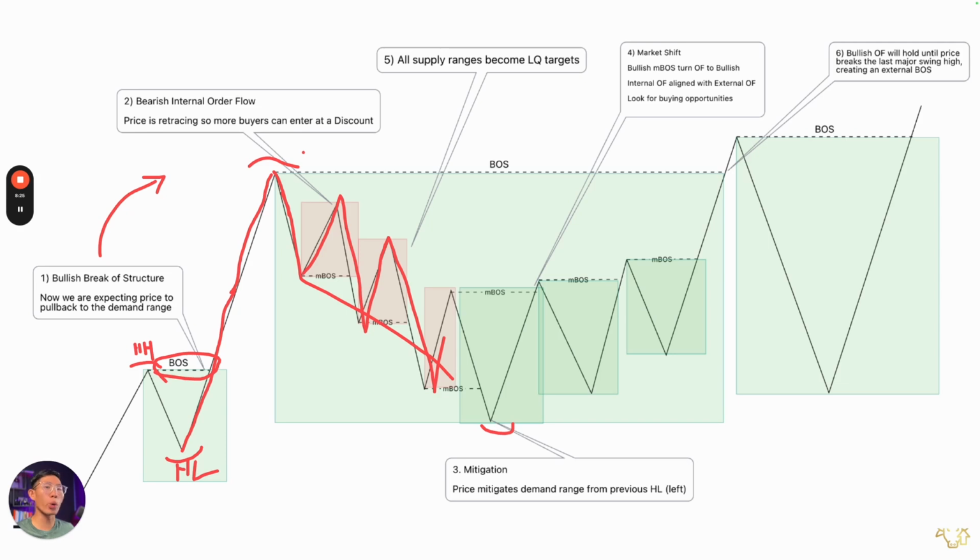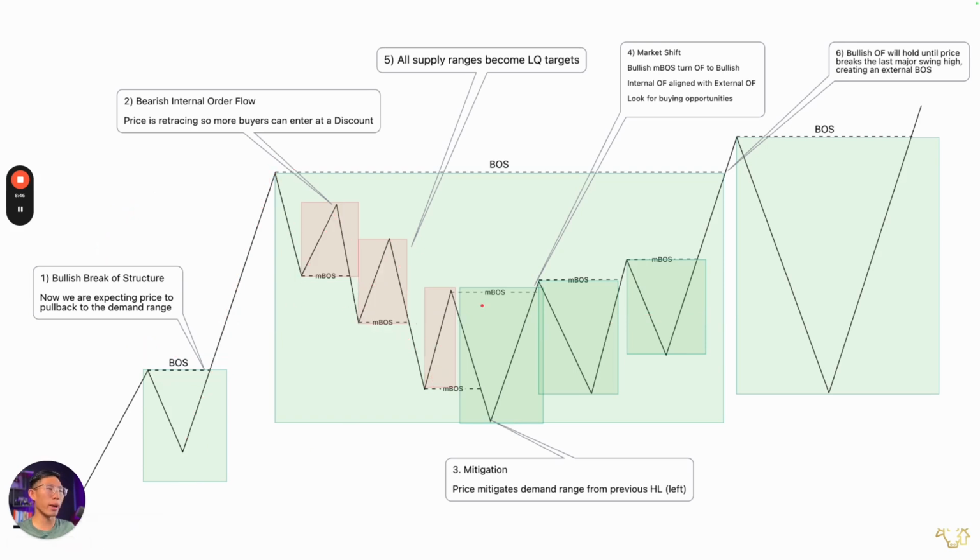Remember just now we talked about how we all want to buy at a discount. We want to sell at a premium and we want to buy at a discount. So if you split this range, swing high to swing low, into 50%, this is the swing high and this is the last swing low. The equilibrium will be somewhere right around here, where we could be expecting an inflow of buyers entering